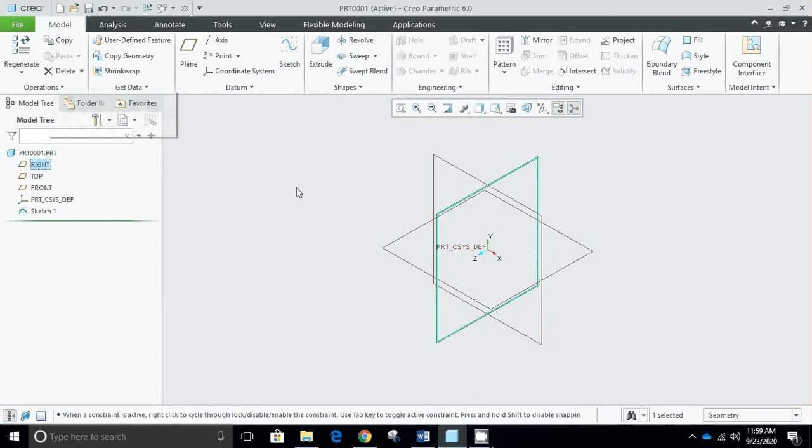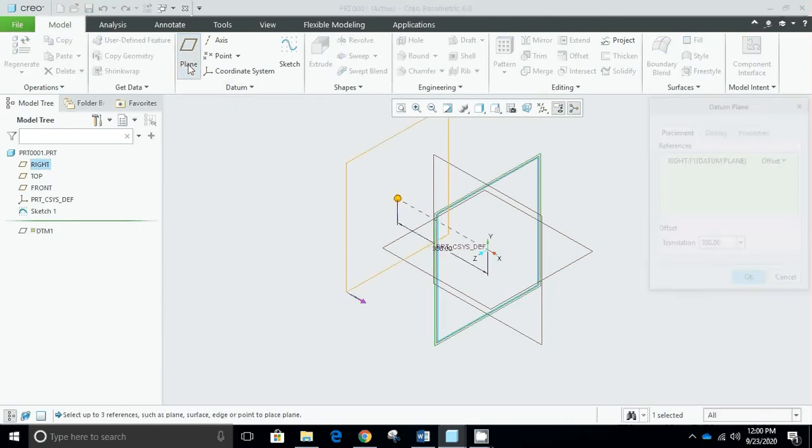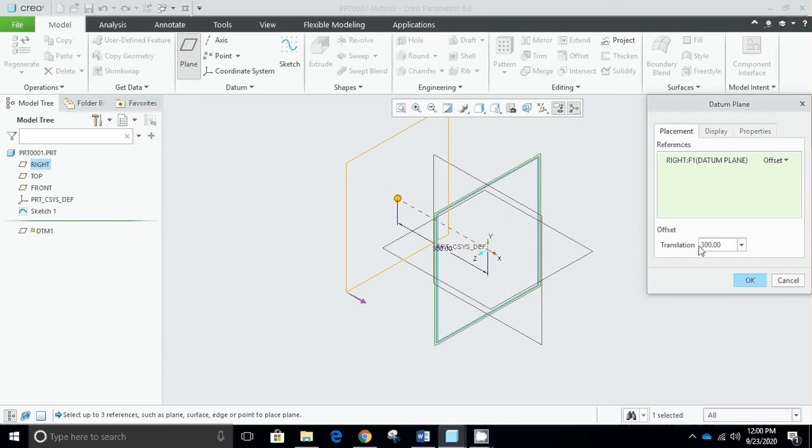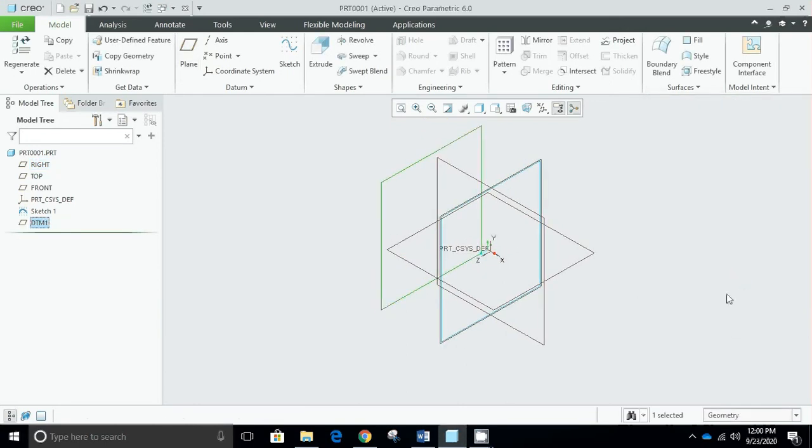on the right plane. In order to use this blend feature, we have to create two or more sketches on parallel planes. So I will select this right plane on which my first sketch is drawn, and create a datum plane at some particular distance, for example 200 units. I will be creating a plane and I will draw a sketch on this plane,